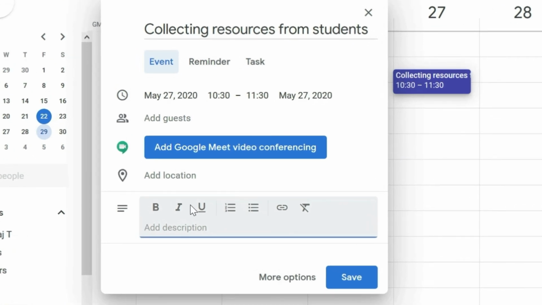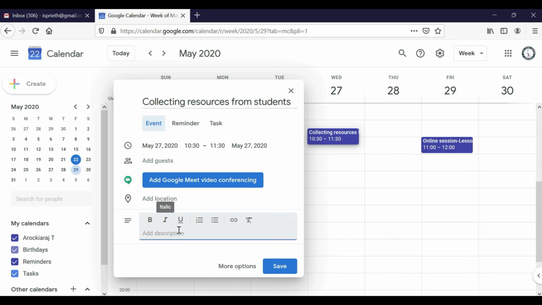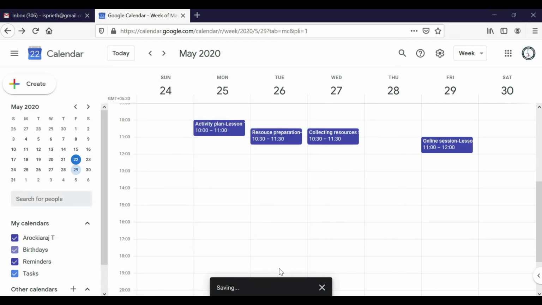So that video you have to collect from them. Even if they forget, at least we have to give a reminder to the students. So those kind of reminders can be included here. You can include the name of the student and the things you need to collect from them. All those things can be mentioned in the description, and you can save it.